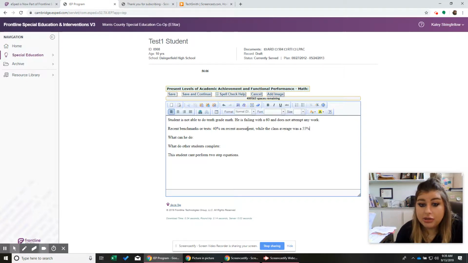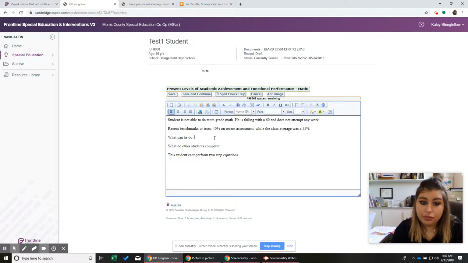And when we're explaining that to a parent and they see that 40, that's upsetting. They're like, wow, they're not being successful. But then when we see that the class average was 55%, maybe that's just a topic that everyone struggled with or they need more guidance on, and that parent feels like, oh, okay, it's not just him. They're going to go back and reteach that because it's a class-wide issue. So make sure that we're including that. That's really important.